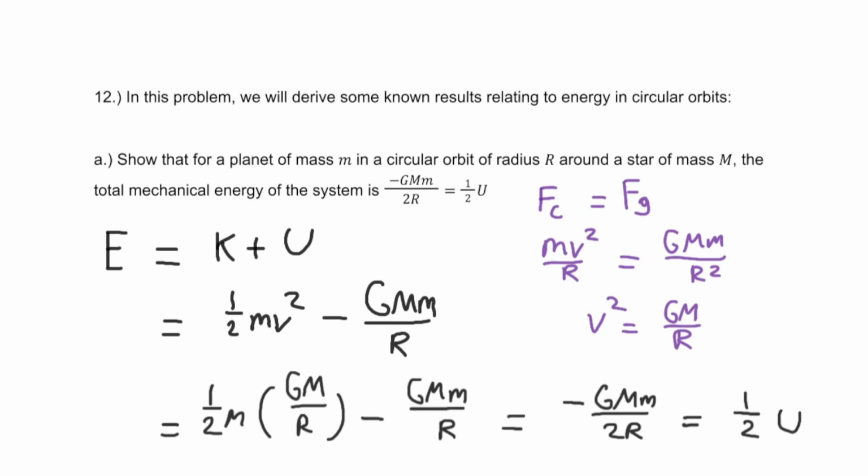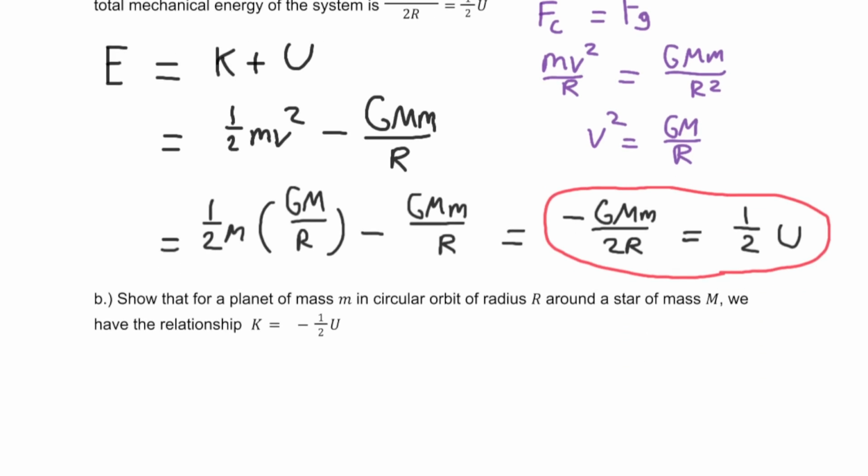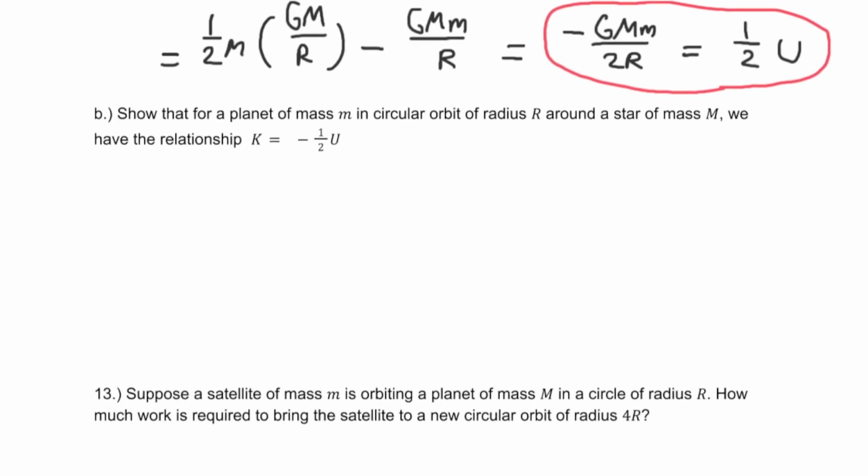Because again, realize that if we just factor out the 1/2, we have the formula for potential energy, because we just have a 1/2 times the negative GMm over r. Then let's also show that K is equal to negative 1/2 U. So doing this directly would work as well, but also just don't forget the fact that we just proved what